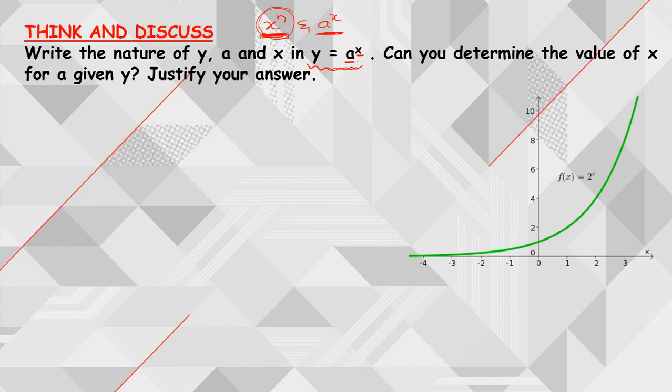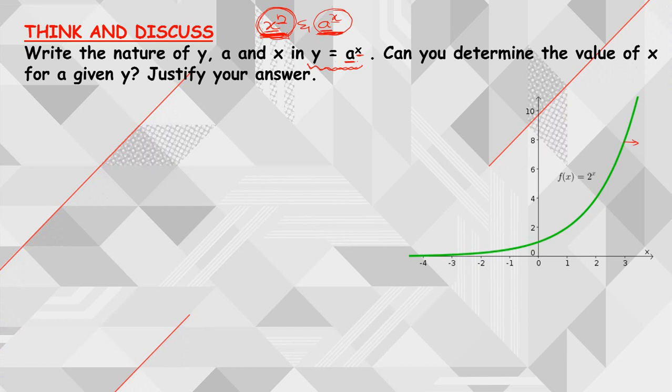In your higher classes you will be reading it as exponential function, right? So this a power x is called an exponential function and x power n is called a polynomial function. Both are different. Here a is fixed, here n is fixed. Here x is the variable and a is fixed, right? So you need to have a clear idea about exponential form and polynomial function, right? Whenever you consider an exponential function, it always looks like this green colored graph.